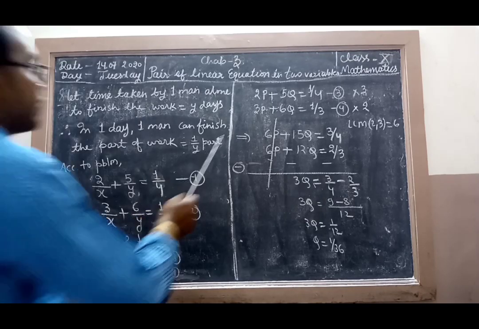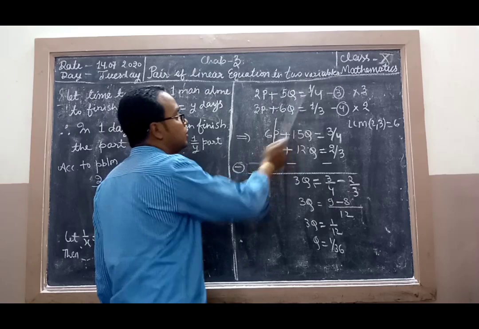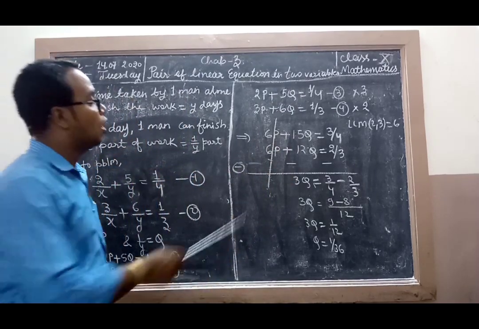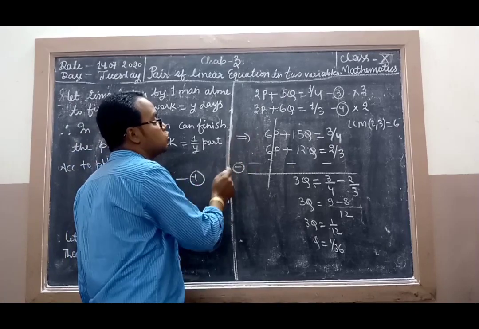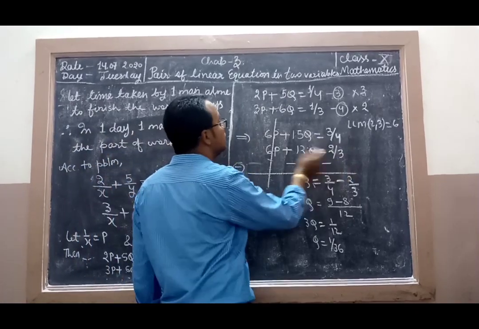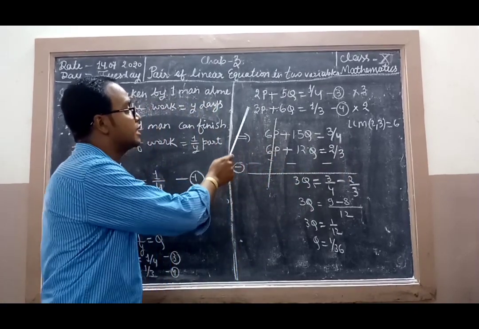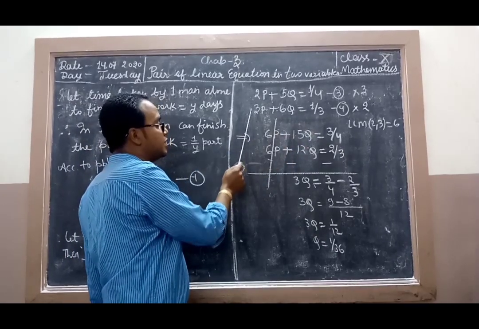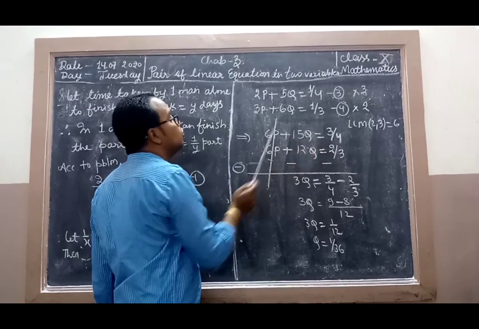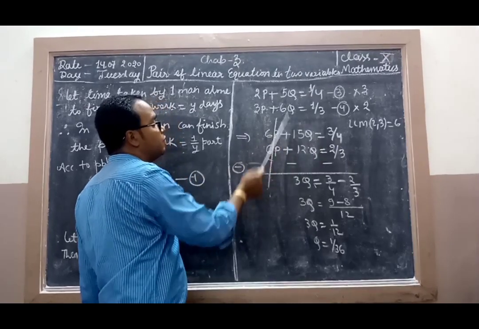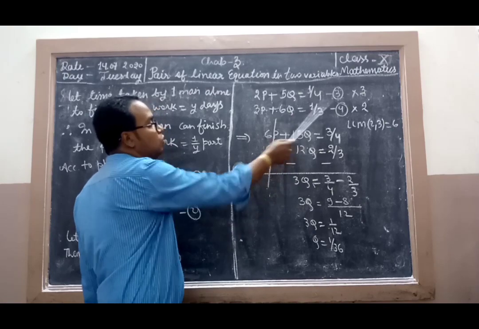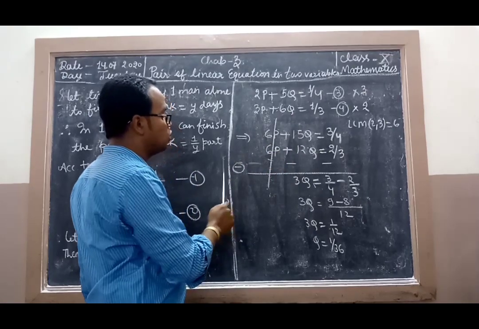So 2p plus 5q is equal to 1 upon 4, equation 3. 3p plus 6q is equal to 1 upon 3, equation 4. Now I want to eliminate p. So the LCM of 2, 3 is 6. For getting 6p from 2p, we multiply by 3. For getting 6p from 3p, we multiply by 2. So 6p plus 15q equals 3 by 4, and 6p plus 12q equals 2 by 3. Now on subtracting,